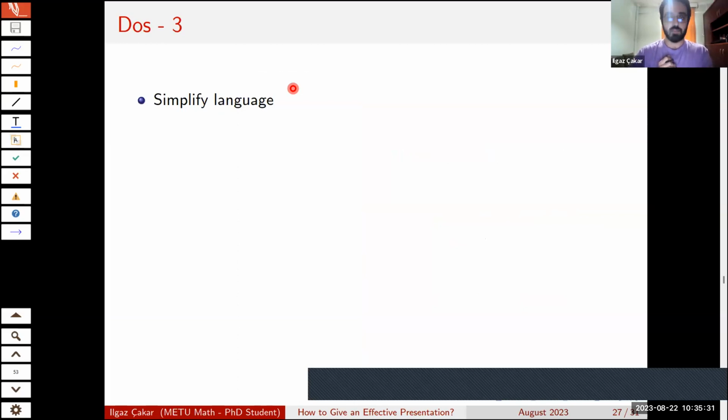Then you should simplify your language. What do I mean by simplify? First of all, of course, you should reduce your text as much as possible, but both in your text and in your speech, try not to use too technical terms. I mean, try to explain your subject as if you are explaining to a 5-year-old child